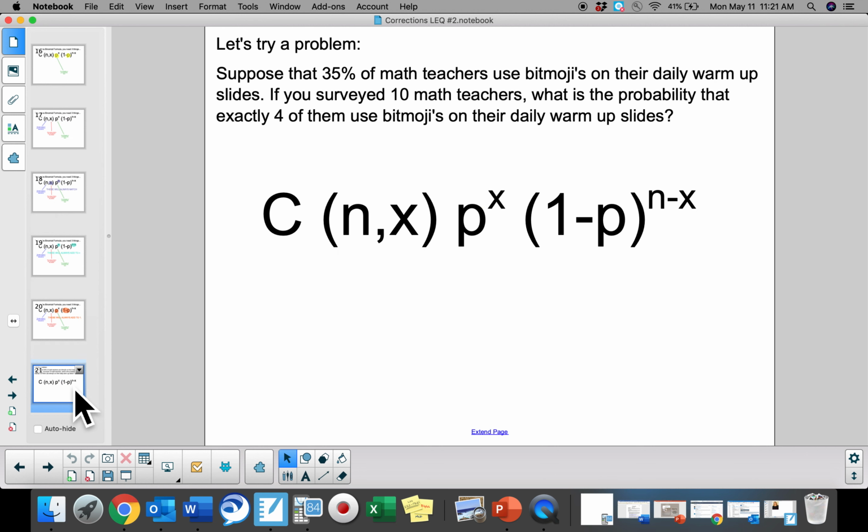Let's try a problem. Suppose that 35% of math teachers use Bitmojis on their daily warm-up slides. If you surveyed 10 math teachers, what is the probability that exactly 4 of them use Bitmojis on their daily warm-up slides,